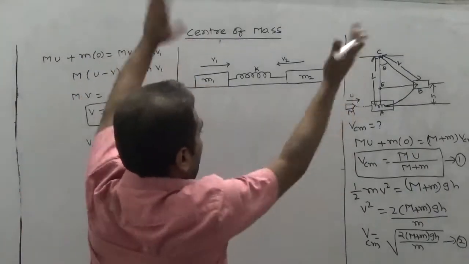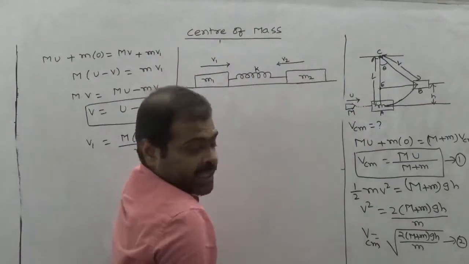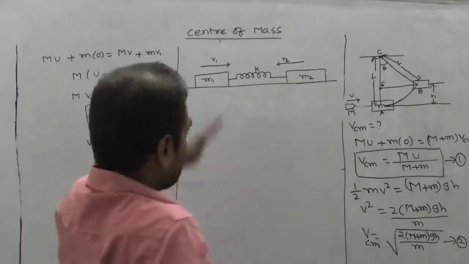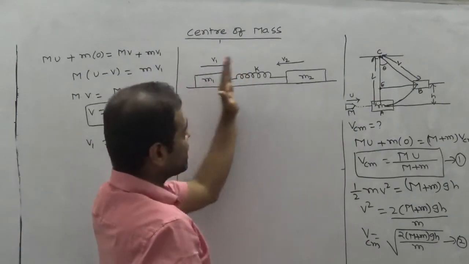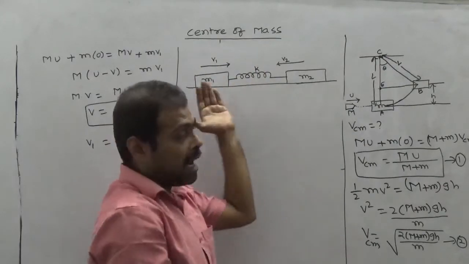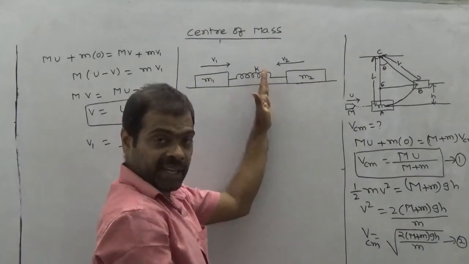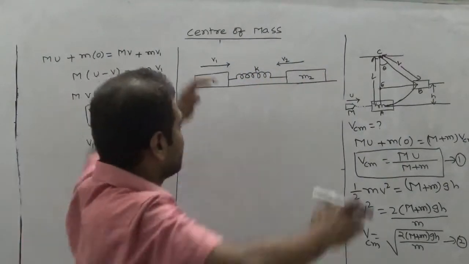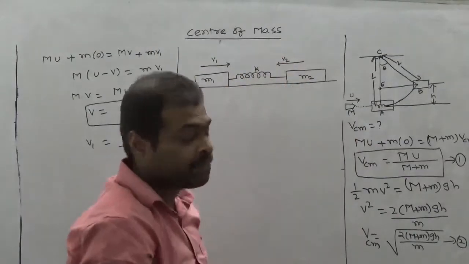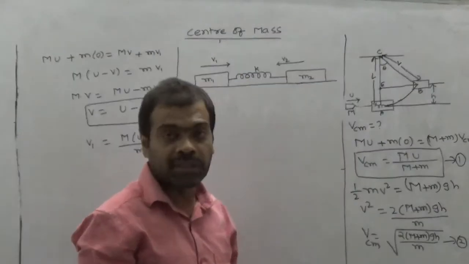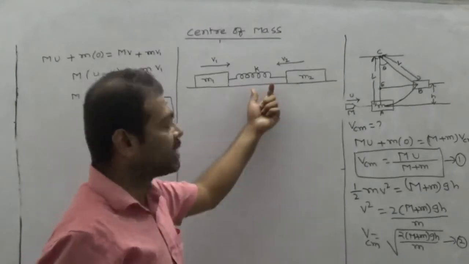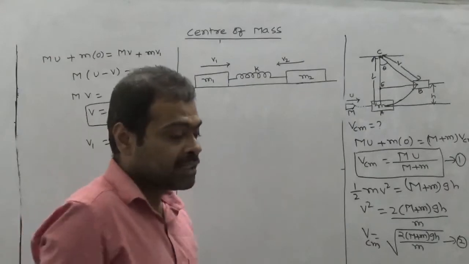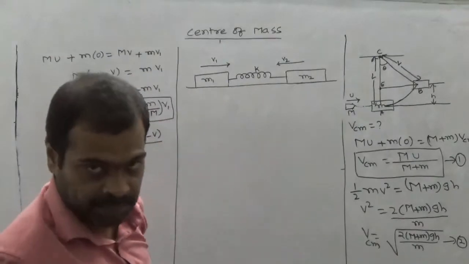Then what will happen? As both the blocks are moving in opposite directions, the spring will get compressed. So how much momentum mass 1 is giving to the spring, the same momentum will be given to the spring by the other, such that the forces act in opposite directions. So that's why we can say that the force or momentum in the spring is neutral, or the spring will be in the equilibrium position.